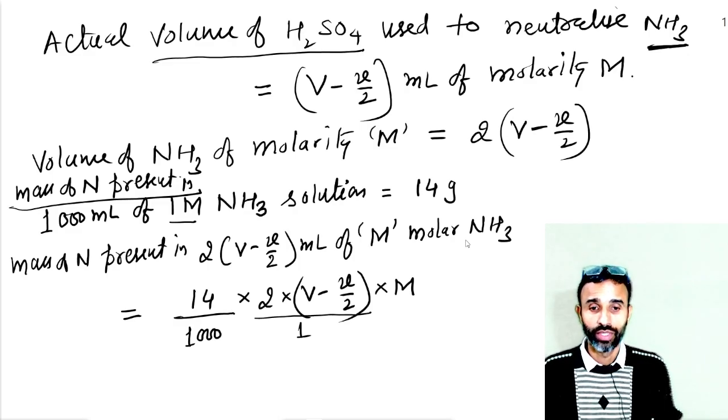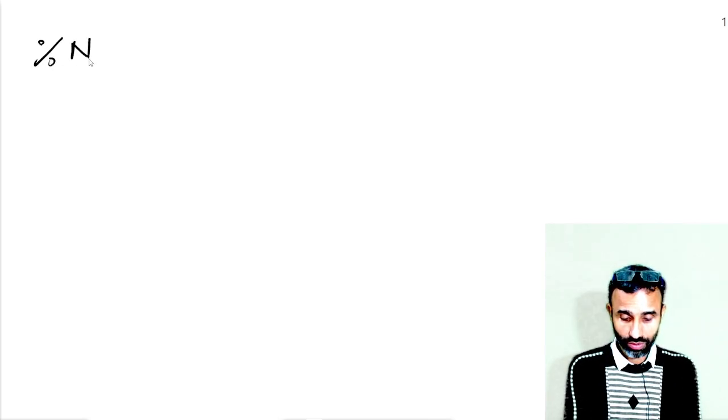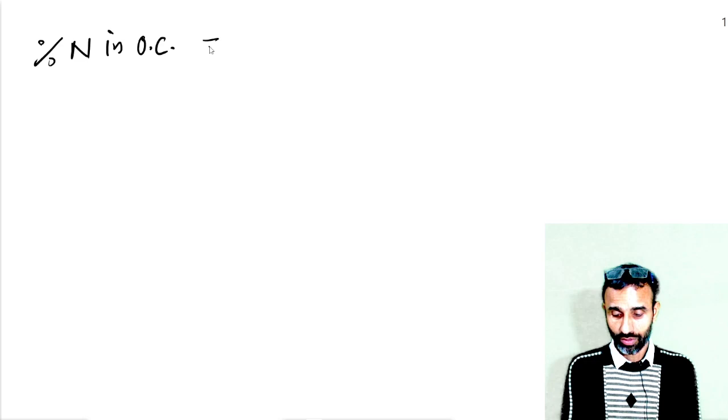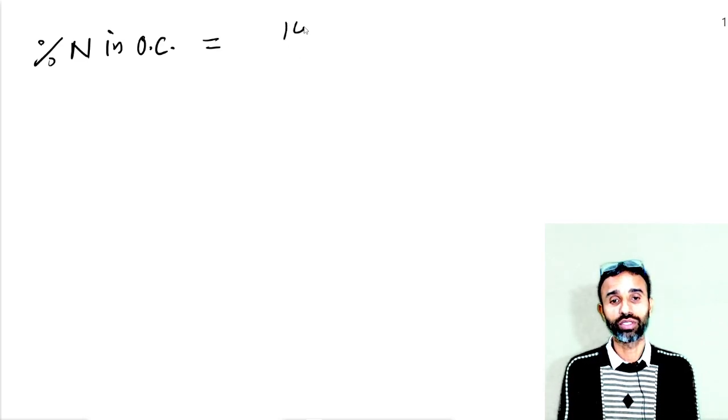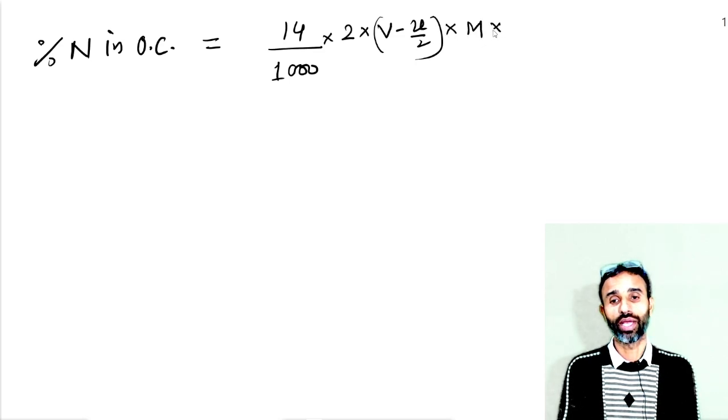So this is the mass of the nitrogen. So what is the percentage of nitrogen? The percentage of nitrogen comes out to be 14 divided by 1000 into 2 into V minus V by 2 into capital M into 100 divided by